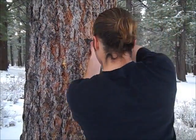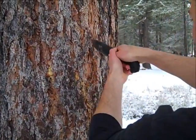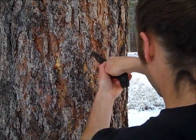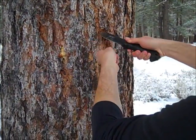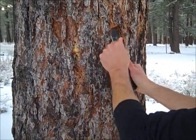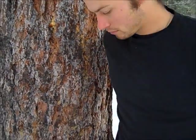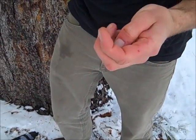And here, why don't you get a little closer? So as you can see, digging in kind of far, you make sure you get past the outer bark layer and you get to the inner bark, which is this right here. And that's this. It's important to break this up when you